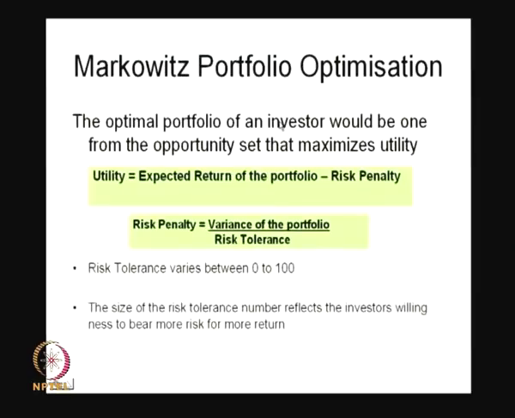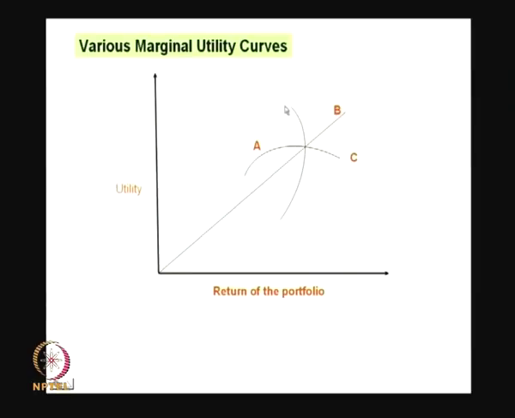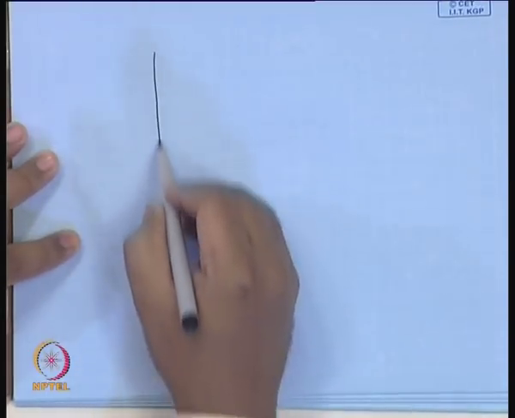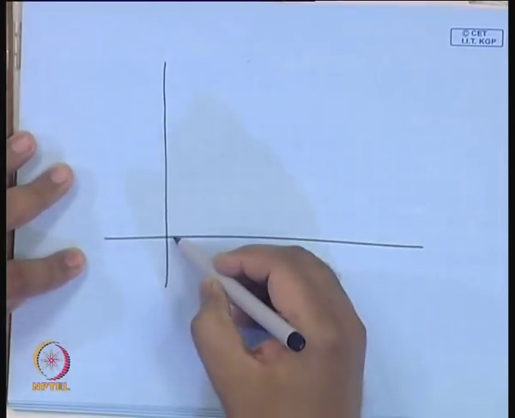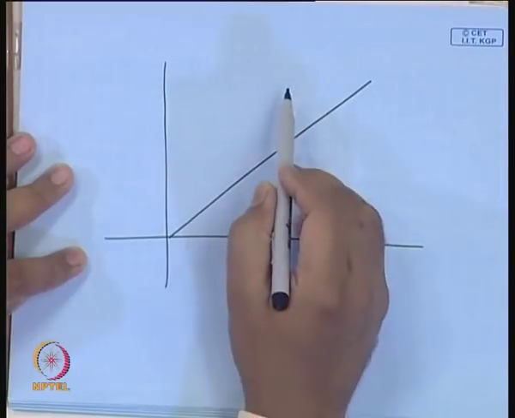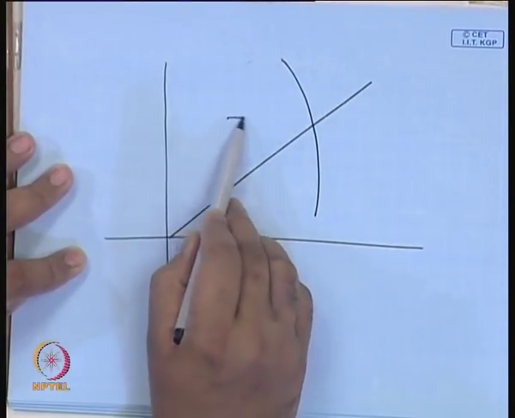If you conclude from here, this is your A and this is your C, and this is a particular increasing marginal utility curve and this is your decreasing marginal utility curve. That means, what I am trying to explain here is that if this is your line and this is one curve and this is another curve,